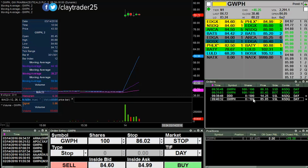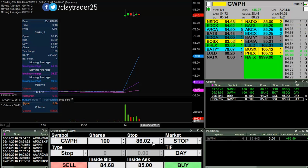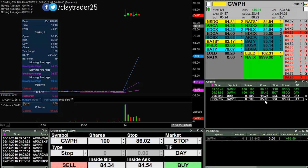All right, so I have an order to short at 85.95, and then I'm gonna put a stop at 86.02. So I'm risking 7 cents, so $7 loss, but because this one can move fast, I could make a lot more than $7 for what I'm risking. But the first step in this whole plan needs to be that the price just gets back up and hits